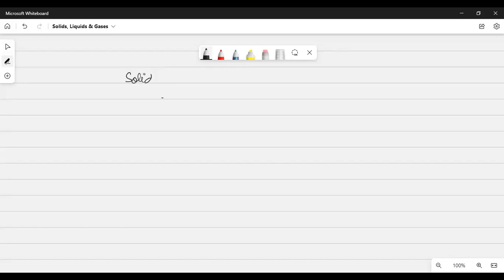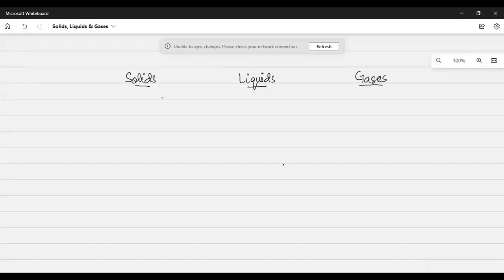Let's talk about solids, liquids, and gases. And let's talk about different properties. Now we are already done with density, shape, volume, and fluidity. So